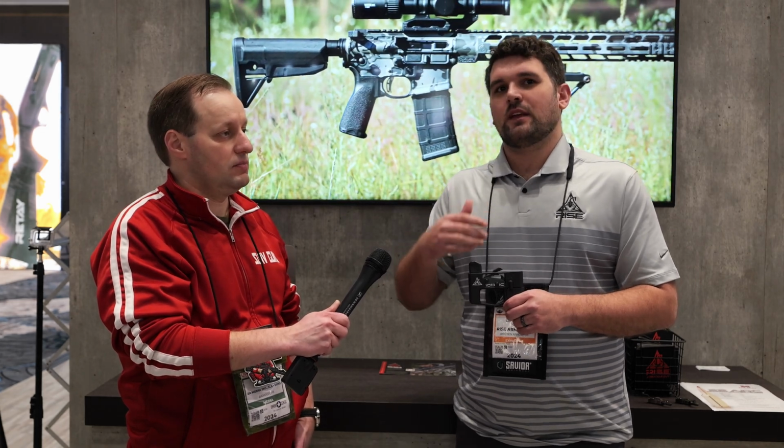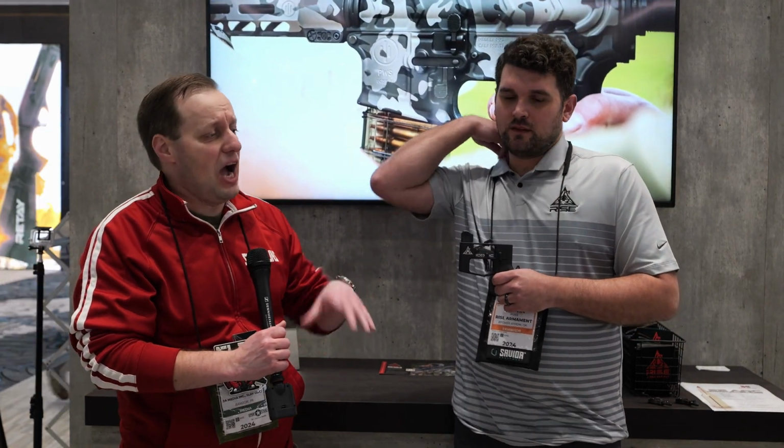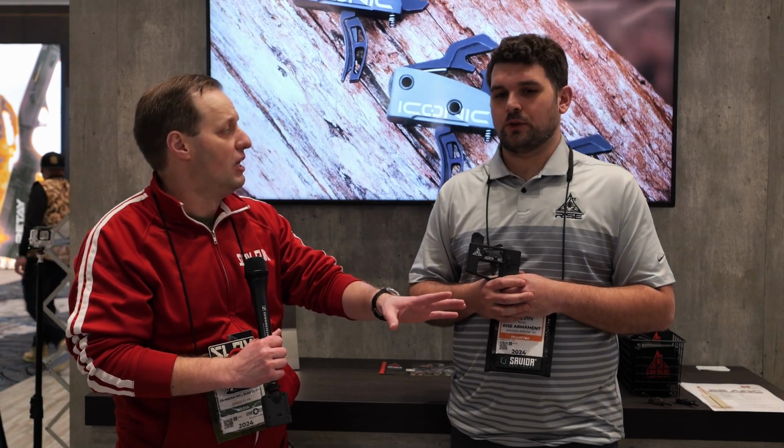All the benefits of a two-stage trigger, like you said, if you're shooting precision and you want to get through that first stage, prep your shot, then squeeze, you can do that really easily, know exactly where you are at that wall. So who's the target buyer for this one? Is it going to be just the precision rifle guys? How would somebody, if they're watching this video and they just bought their first AR...